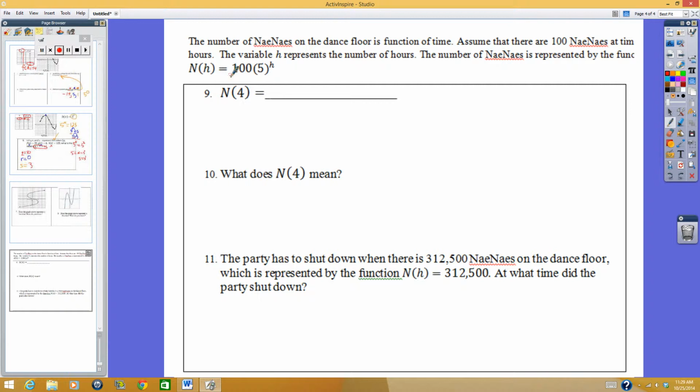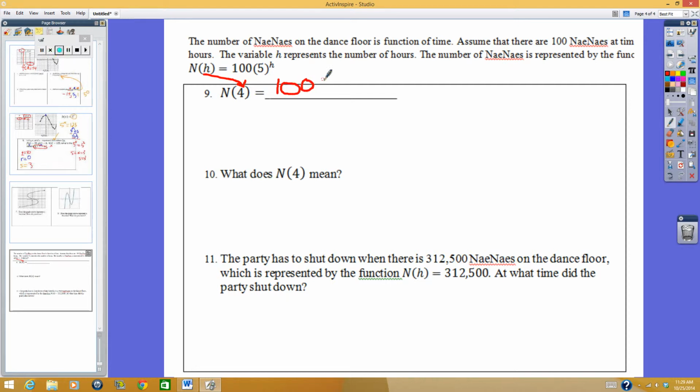And they give you this equation to use for it. Okay? So, let's get right into it. Number 9. It says n of 4 equals what? They took this h out and put a 4. So, whatever this is going to become, this has to change also, because they're the same letter. So you would literally rewrite this